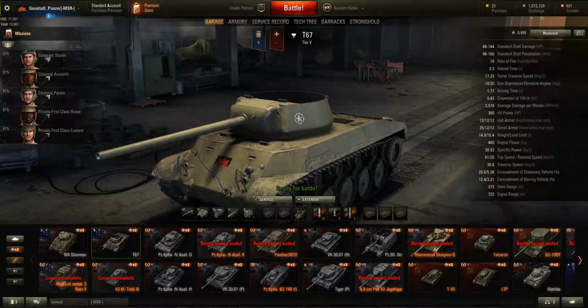But then again, you have to take into consideration what you're going against also. I mean, you're at tier 5, which means automatically you're seeing tier 7s. And this thing against Tigers and Tiger Ps and the whole gauntlet of stuff. At lower tiers, this thing is murderous. It was a bane of my existence in WoT when I was grinding my way up at lower tiers,